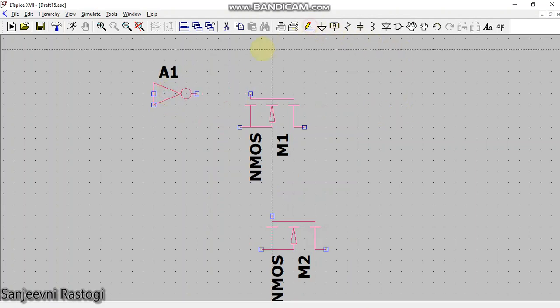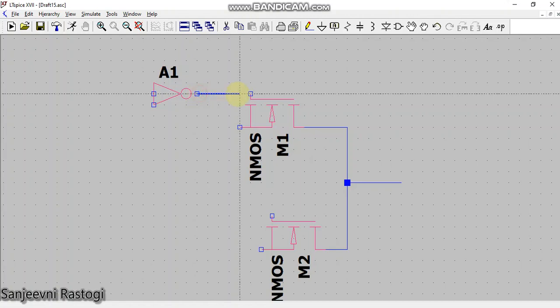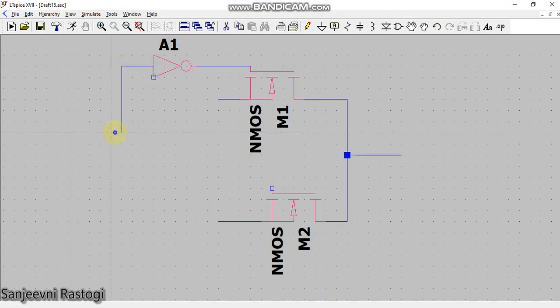Okay, let us try to make the connections. First of all, I will connect the drains together. This will be my output. The output of NOT will be fed at the gate of the first MOS transistor, and this will be my input A. This will be my input B. Remember one thing, do not connect the wire to the lower terminal of this inverter.